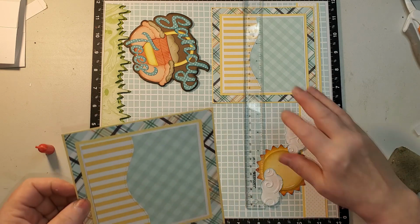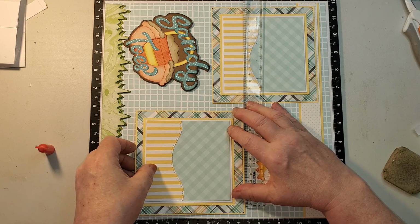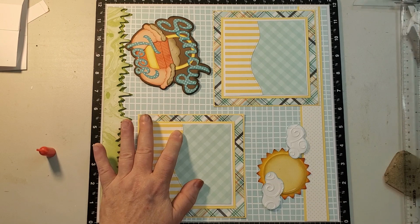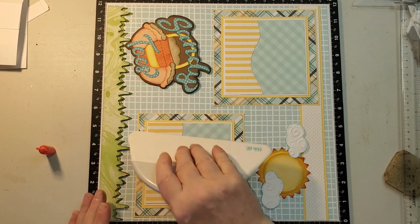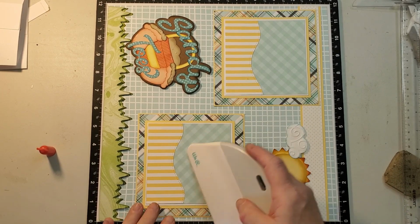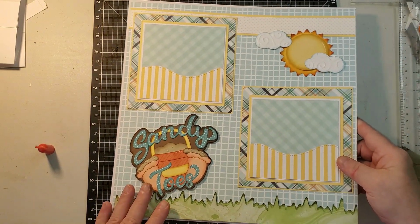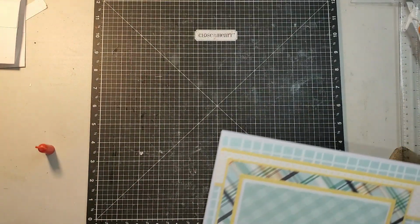Not always do I do this much layering on photo mats. I don't know, I decided to do something different, and that's what I came up with. So I get my ideas off of Pinterest mostly for photo mats and things, and actually scrapbook layouts sometimes. Kind of look at them and see how they put things together. Took me a while to put the papers together. I know this color and this color don't exactly match, but yet they work together for me, so they're far enough away. So that is my first page,